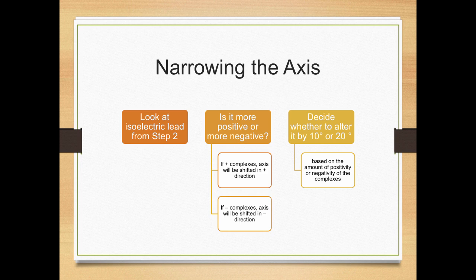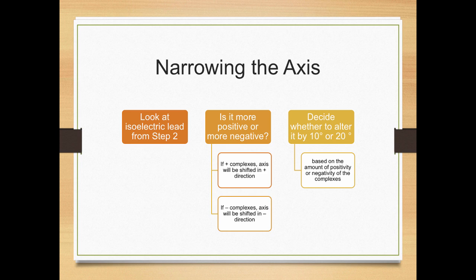We're going to look back at that and say, well, okay, is it more positive or is it more negative? And if it's more positive, we're going to shift our arrow a little bit in a positive direction. If it's more negative, we're going to shift our arrow a little bit in a negative direction. And we're going to shift it by 10 degrees or 20 degrees. And that's going to be based on if it's super positive or super negative. So if it's all positive or mostly positive, we're going to go a positive 20 degrees. If it's just a little bit positive, then we can go 10 degrees